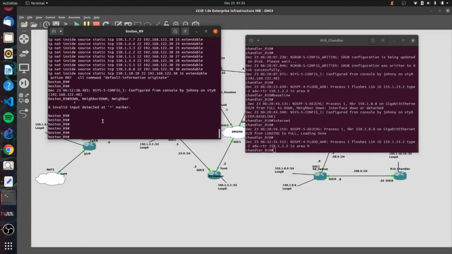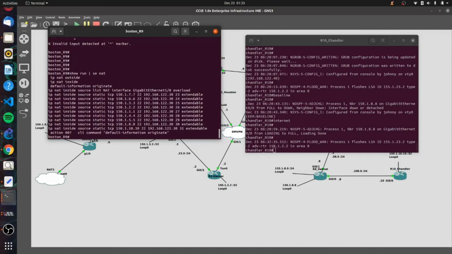So what is port forwarding on a Cisco IOS? Let's actually take a look at it. Here we can see I have a bunch of entries for a static NAT translation. This static NAT translation is actually telling the Boston router that when an outside source wants to talk to any of these devices on